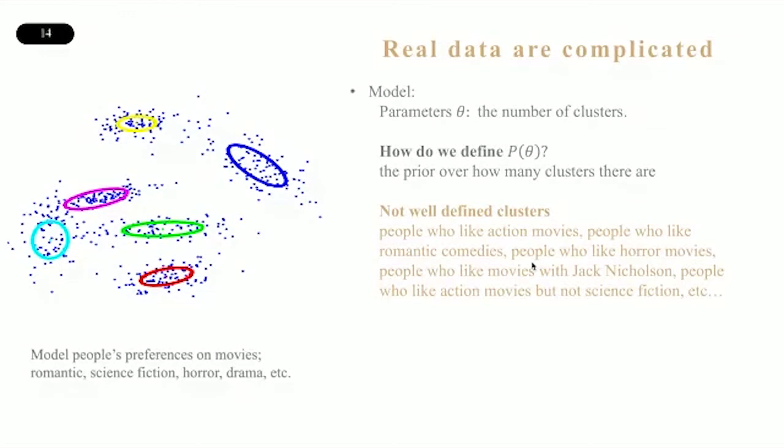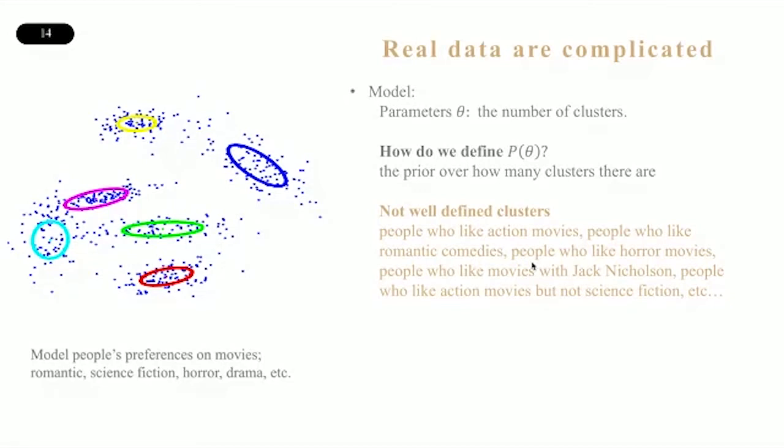The problem arises that if you put a constraint on the number of clusters, then the model might not be well defined. That's because there are so many different clusters that the number reaches infinity, and it's impossible to capture them with a finite set of parameters, with a finite set of clusters. Consider, for example, all the possible combinations of movie categories. Horror movies, drama movies, romantic movies, science fiction movies, movies with Jack Nicholson in horror movies, movies with Jack Nicholson in romantic movies, an infinitely countable number of clusters.